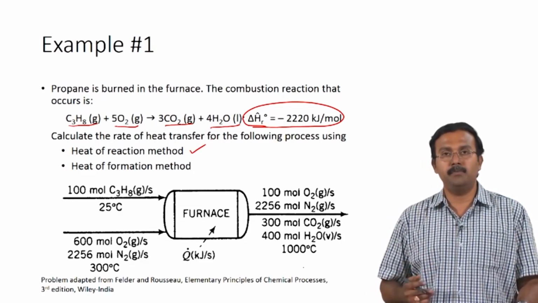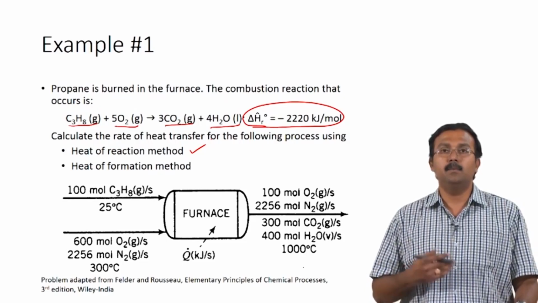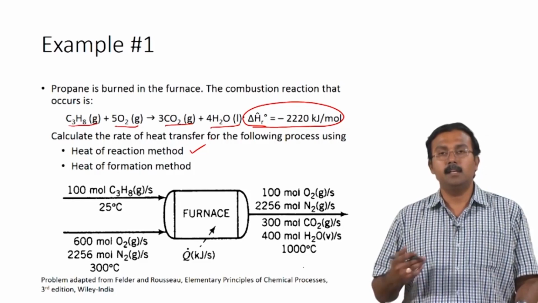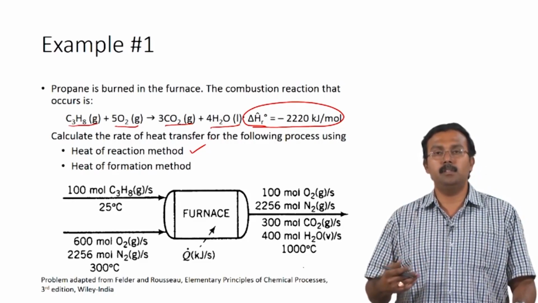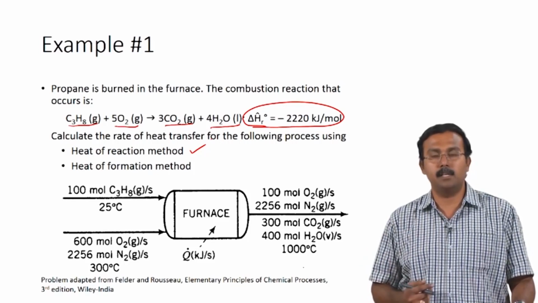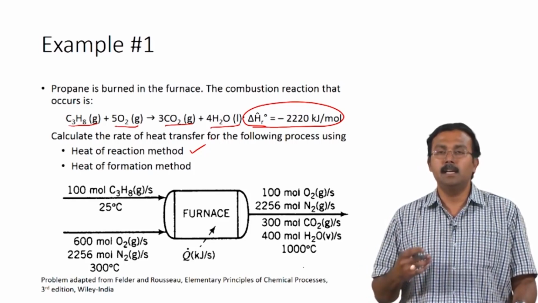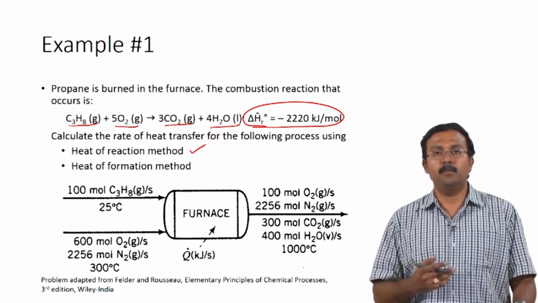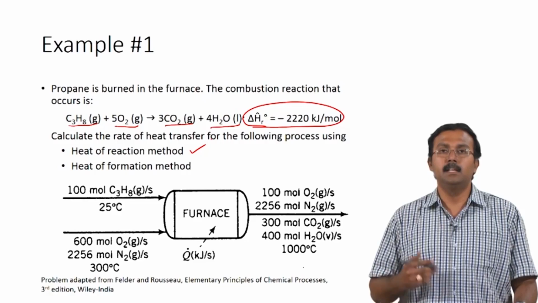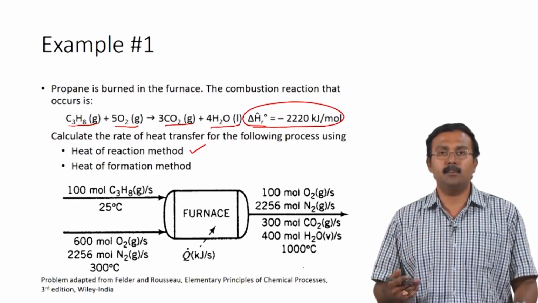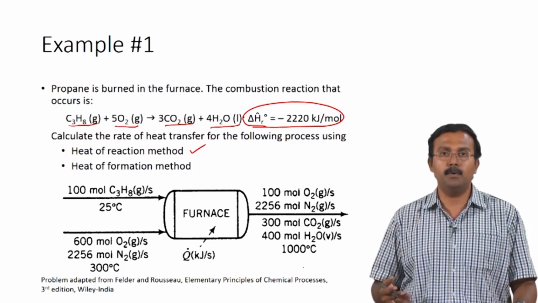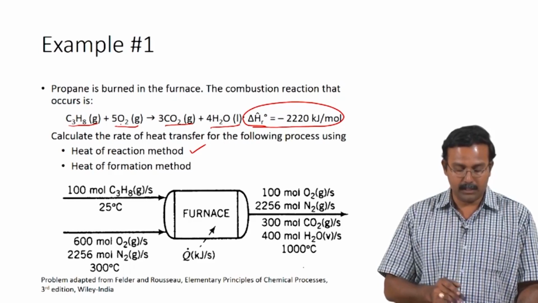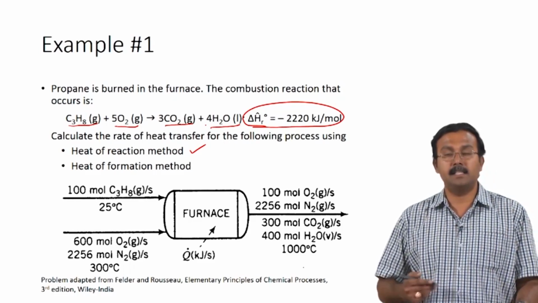So, this method is preferred when you have a single reaction where the heat of reaction is known. The second method is the heat of formation method. Here you would inherently use the heat of reaction instead of explicitly using it. So, how you do that is you use the reference states which would be used for the formation reaction. So, we already know what a formation reaction is. Basically, elements which exist in their native forms come together to form a compound. So, for example, in this case you would use carbon solid, oxygen gas and hydrogen gas as the reference states,